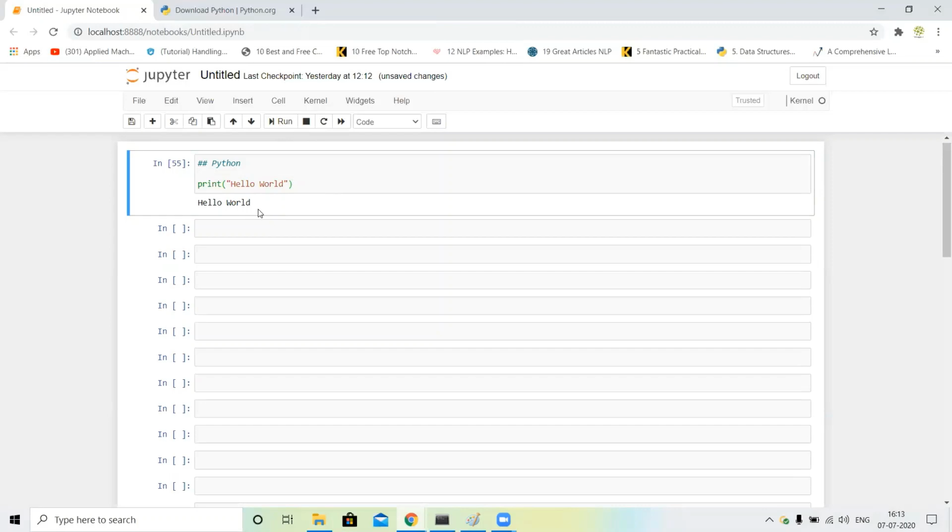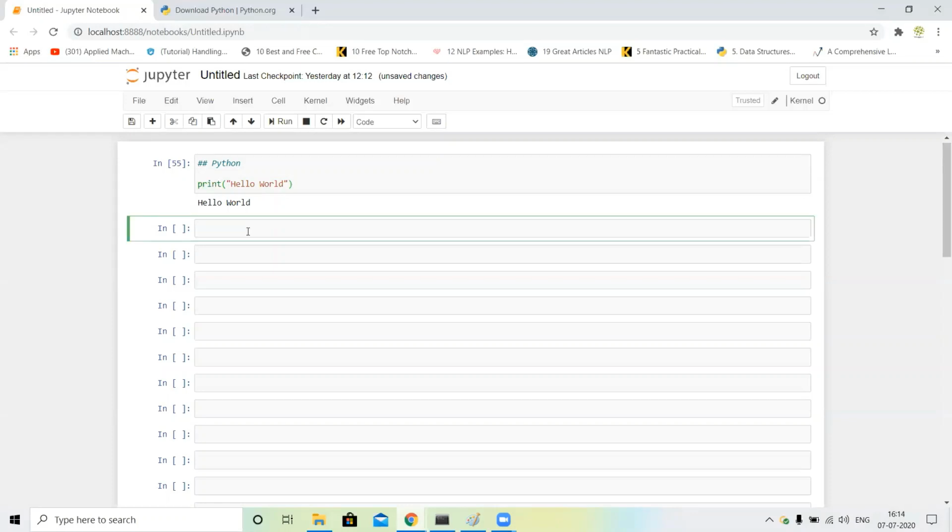Next, keywords and identifiers. There are a total of 33 keywords in Python, like break, if, else, except, class, true, false. These 33 keywords are reserved words. But when we declare a keyword as a variable, it does not work.